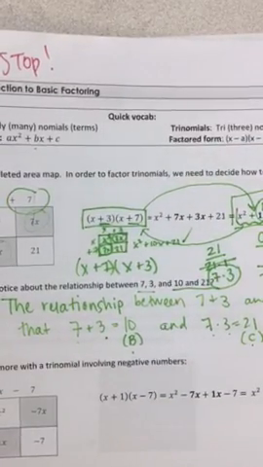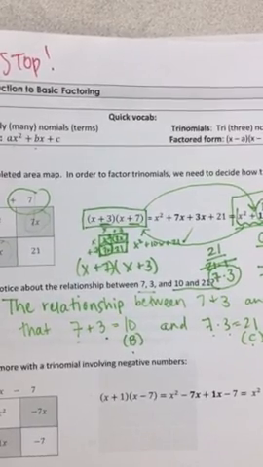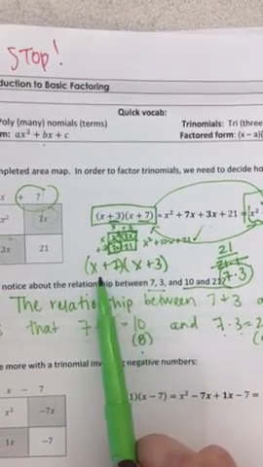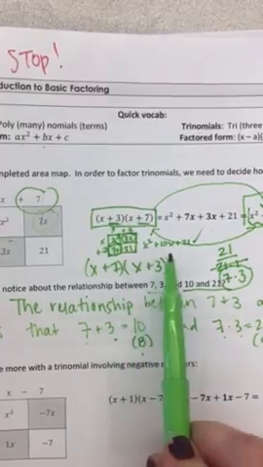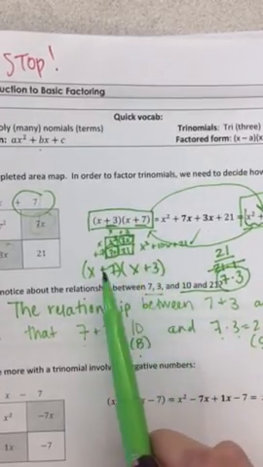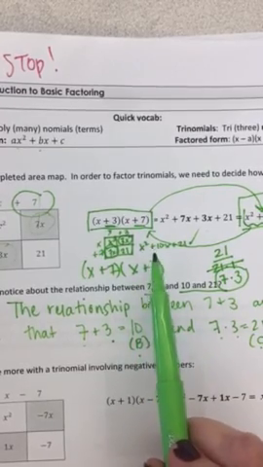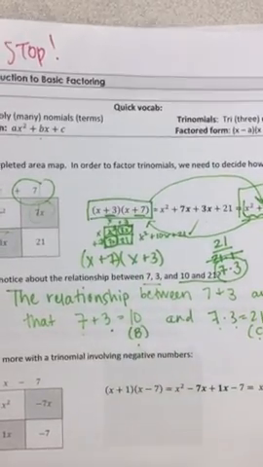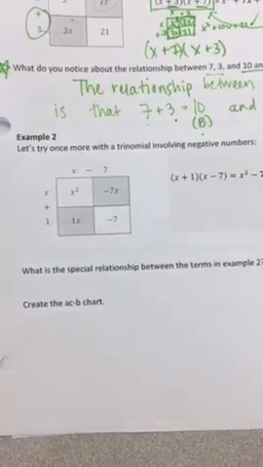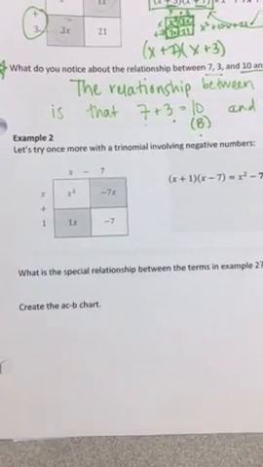That's my check. Now you don't need to do that every single time, but I do need you to understand that this value here and the one written in standard form, they're equal. They mean the exact same amount. It's just a different way to write it. This is standard form, this is factored form. So we're going to do the same thing in exercise 2. It's given to us, but you need